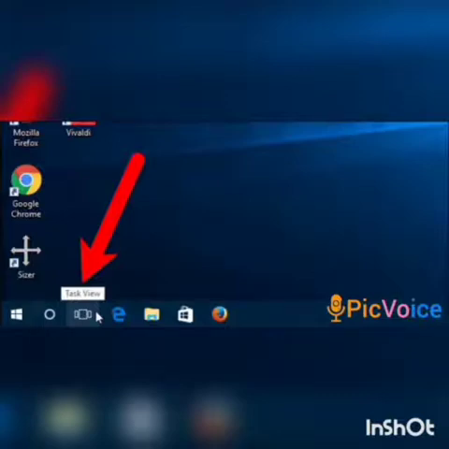See the picture, that is the task view icon. Task view is a task switcher and virtual desktop system introduced in Windows 10. Using task view you can work on multiple desktops at a time.